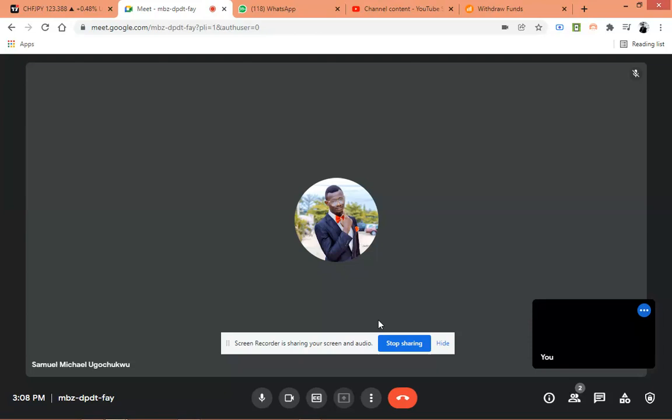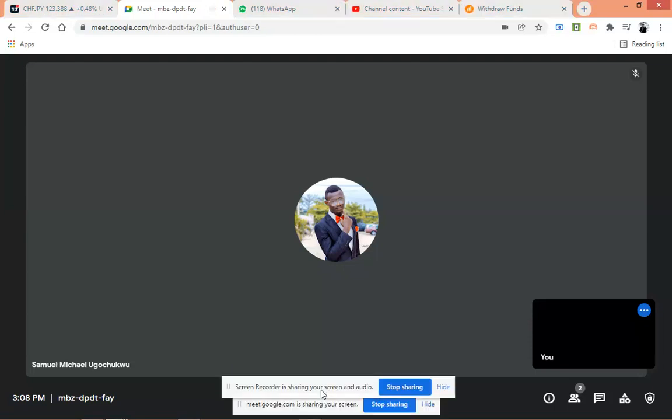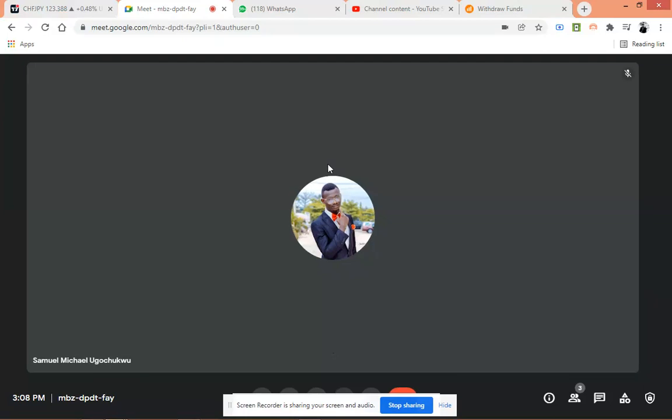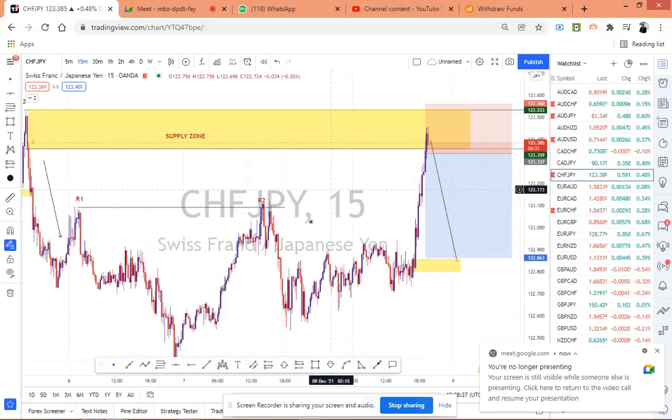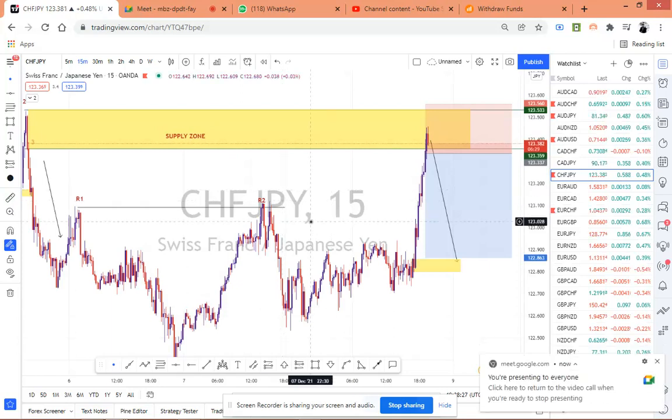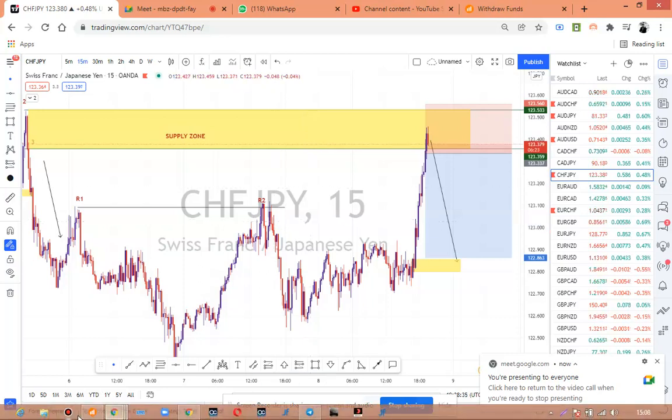About entry and exit, how you enter a trade and how you exit the trade. Okay, so know that when you trade, the market will not always go straight to your direction. It depends on how the market wants to move, because most of the time